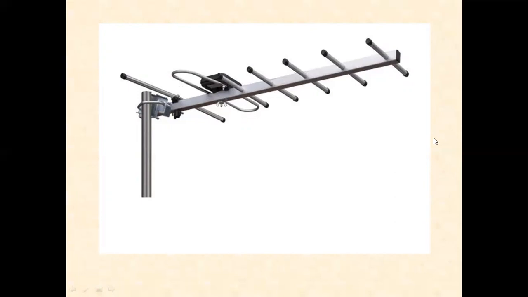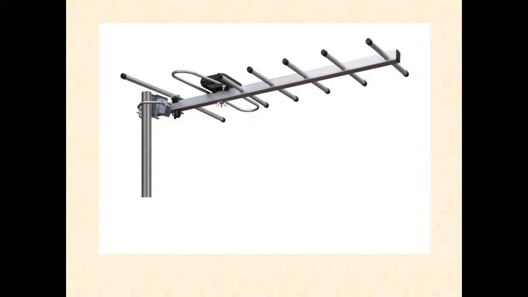So the Yagi antenna, or simply Yagi-Uda antenna, consists of a driven element, one reflector behind the driven element, and one director in front of the driven element, and one or more parasitic elements in front of the director. They are arranged collinear and close together as shown in the diagram. The driven element is a half-wave dipole or a folded dipole. The reflector is slightly longer than the driven element, and the director is slightly shorter than the driven element.